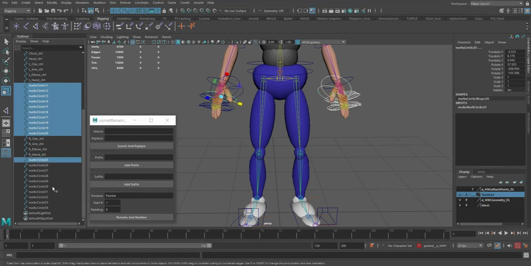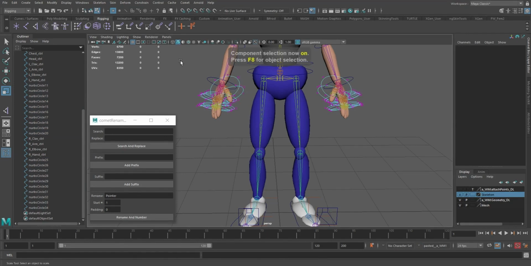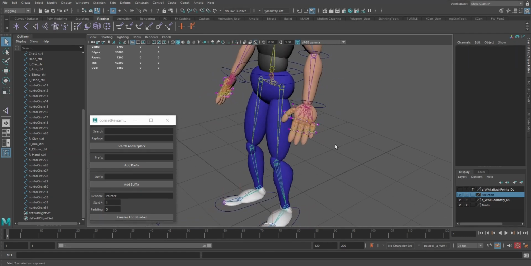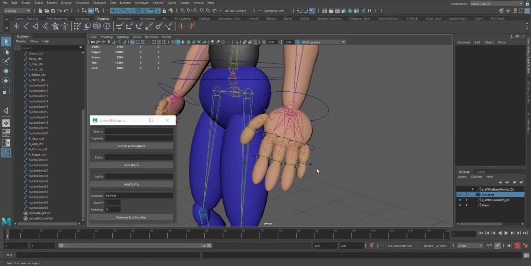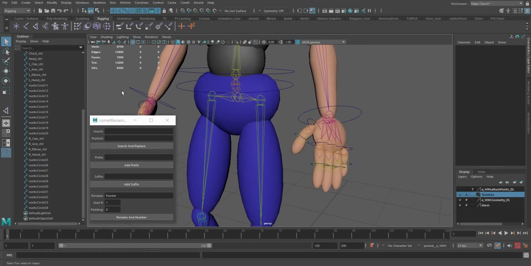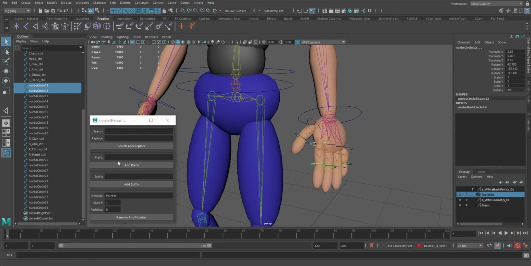Let's grab all these NURB circles, and then F8, select, and then we're going to scale them down, just so we have a little bit more. So F8, now we can see what that looks like. Looks okay. Looks like that worked. Great. Okay, so these two, so we can just name this pointer, and then we'll start. So padding, we're just going to go 0, 1, and then rename. So actually, let's go padding 0, 0, 1, rename